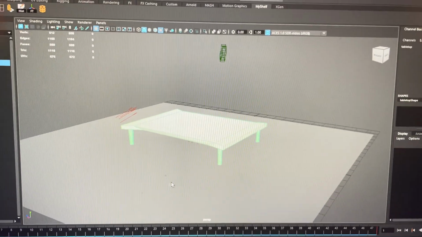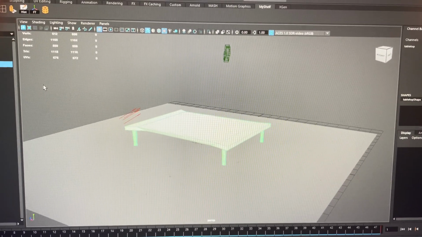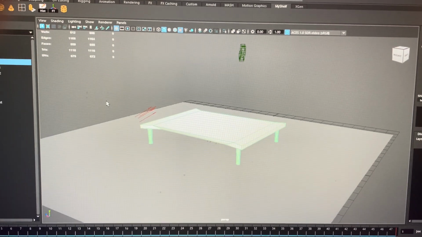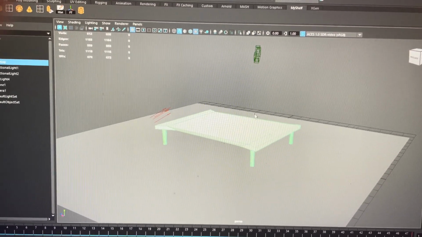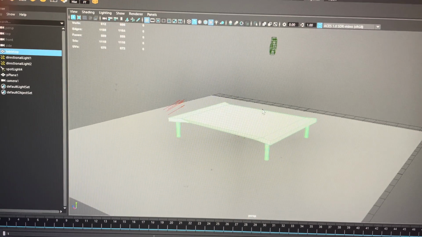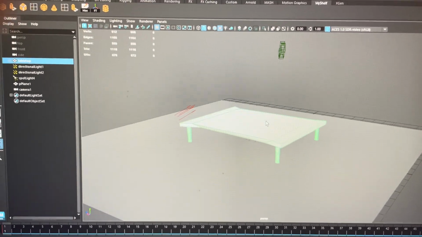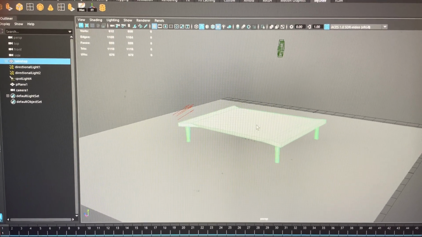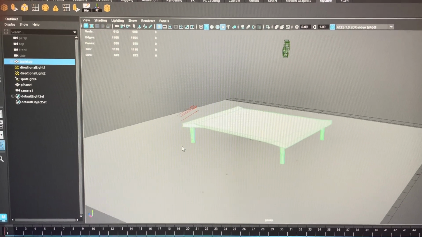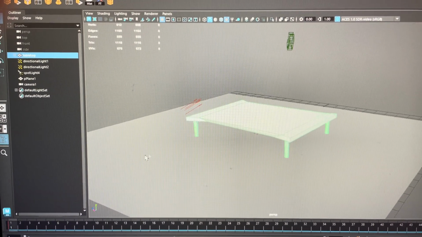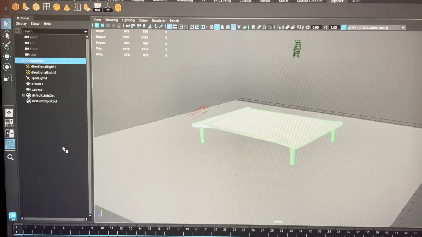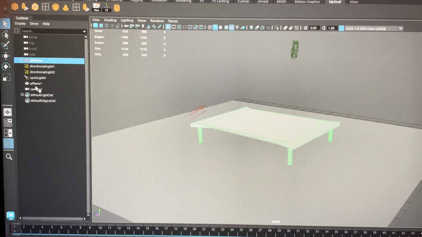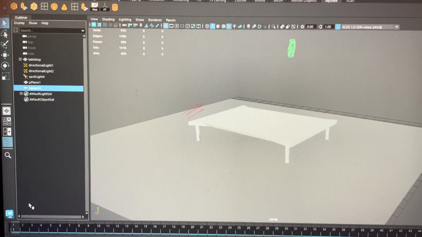Alright, so this is the video detailing the process I used to render the table, and this is the same process I used for every other model, but this will just go in depth on the process. So the first thing I did was I made a new camera 1, and then I